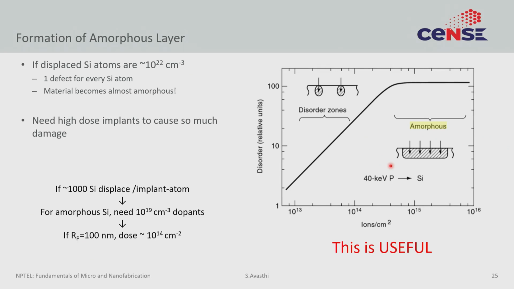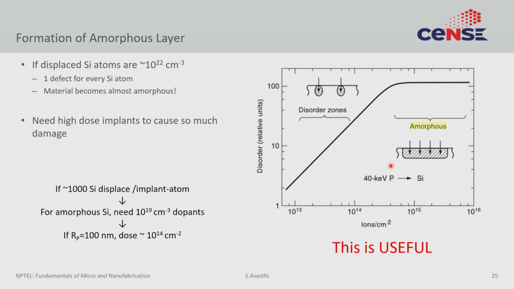One consequence of having damage being created is that you can actually make your films amorphous. This seems a little weird, but if you think about it, it is not counterintuitive. You are starting with a perfect silicon lattice, you are bombarding it with these heavy ions, and each ion is coming with so much energy, more than 1,000 times the energy it takes to displace one silicon atom. So, each atom is coming and moving around 10 to the power 3 silicon atoms. That's a lot of amplification, right?